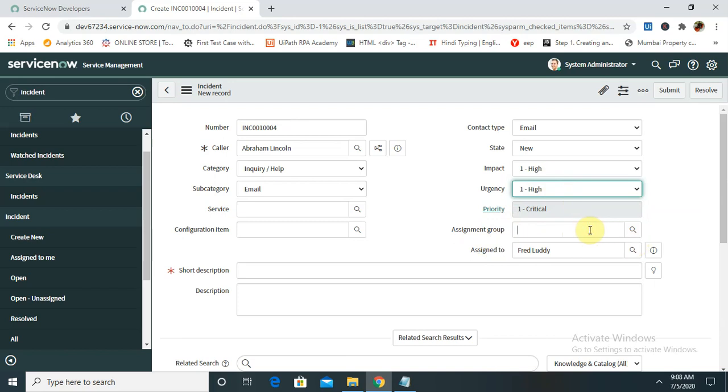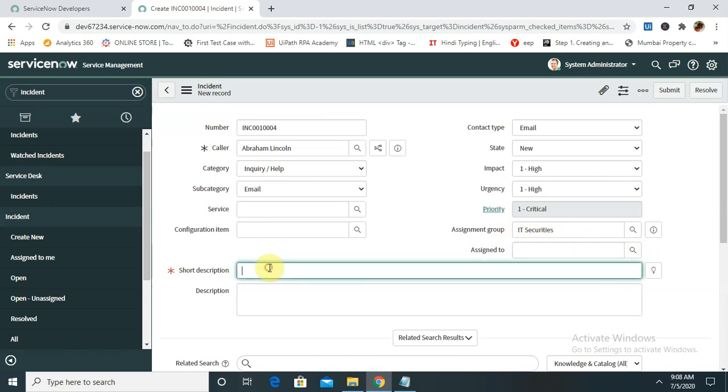Assignment group: you should assign to IT because it's related to the emailing system. Assign to person, if you want to add any person, better. Otherwise, organizations have already configured their email groups, so email groups will be automatically picked once you select this.